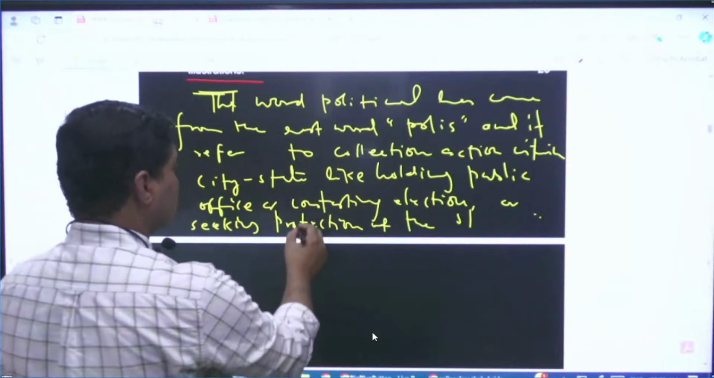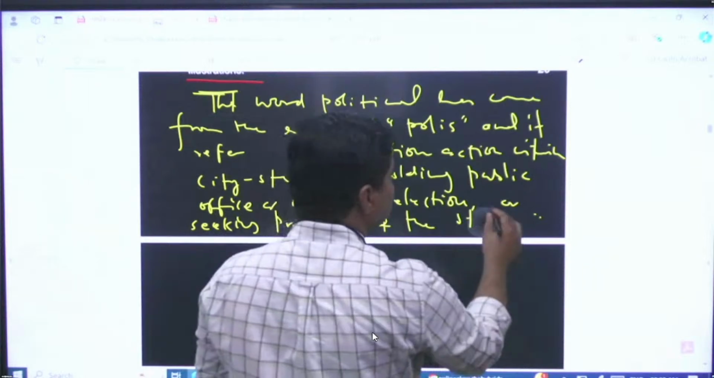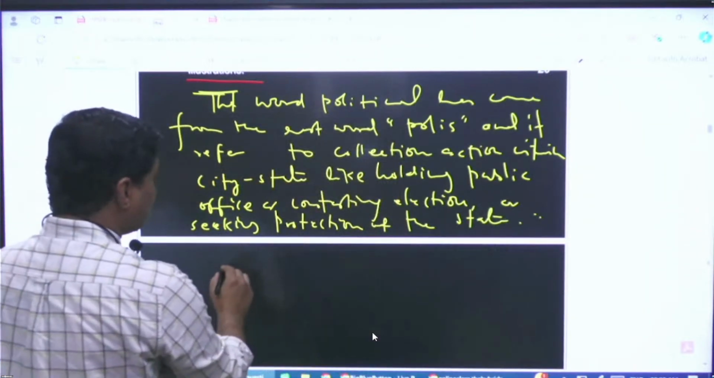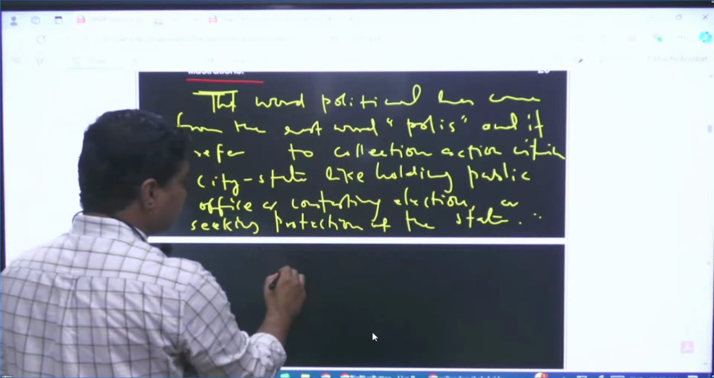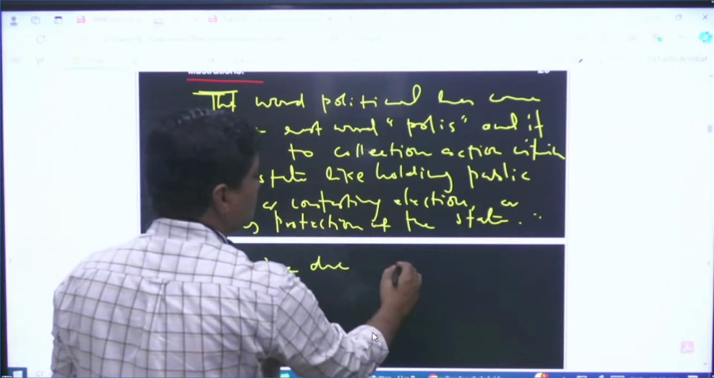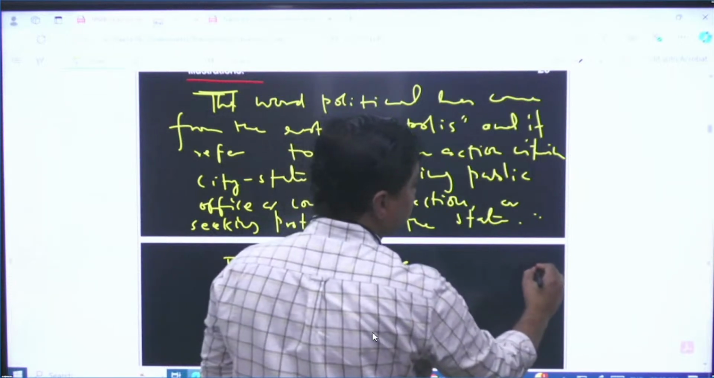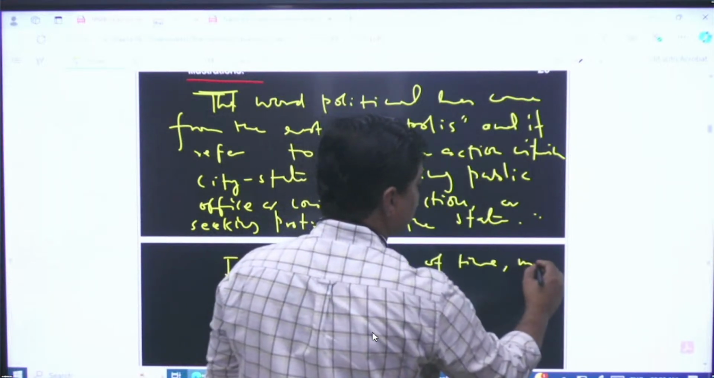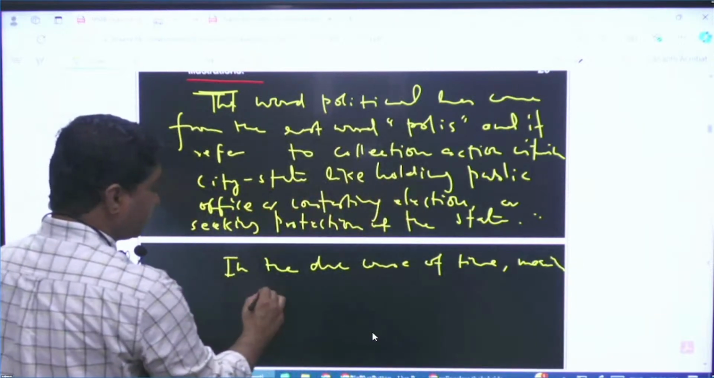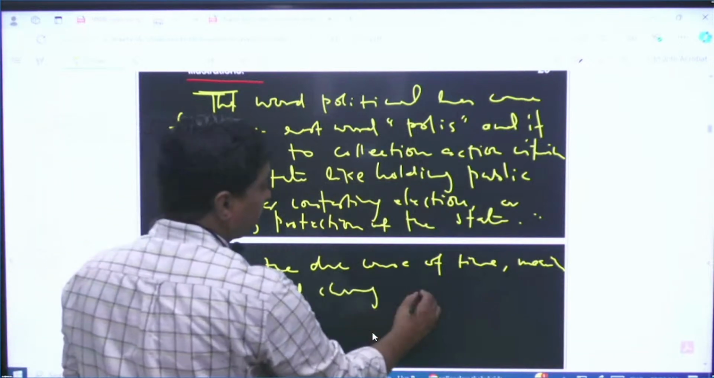Office, to contest election, or seeking protection of the state. Now, in the due course of time, the meaning of political changed. For instance,